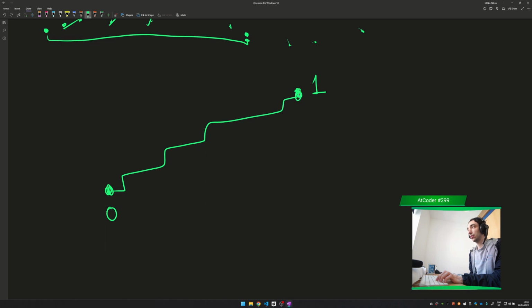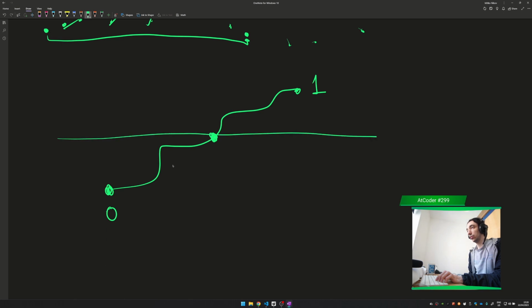This function doesn't have jumps like this. And if a function is like that, then there will be some point where